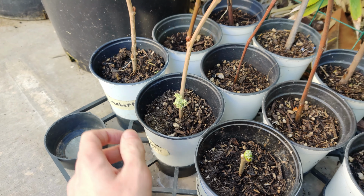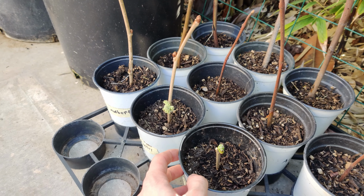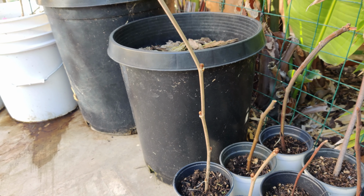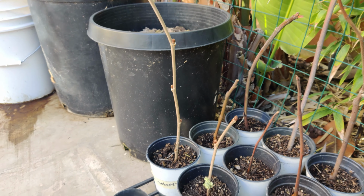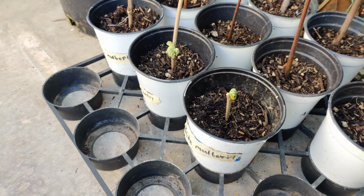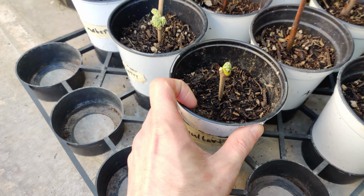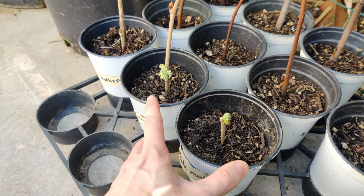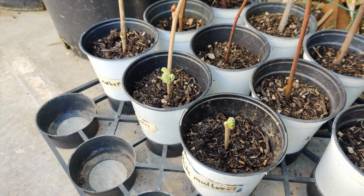And you can see that these ones are already starting to grow. So these are just soft twigs, basically branches from mulberries that you just plant in a pot, and you might want to try this with a lot of them because some of them may not take, but